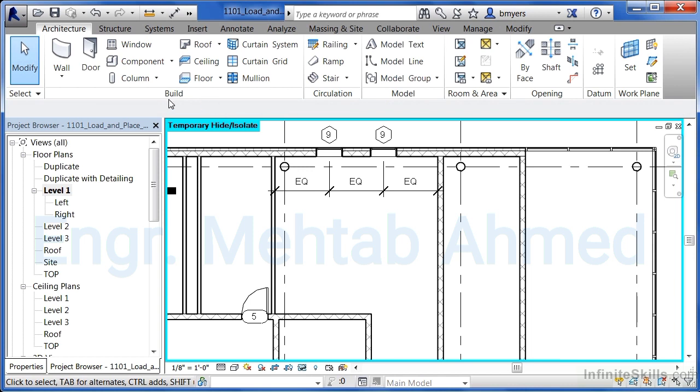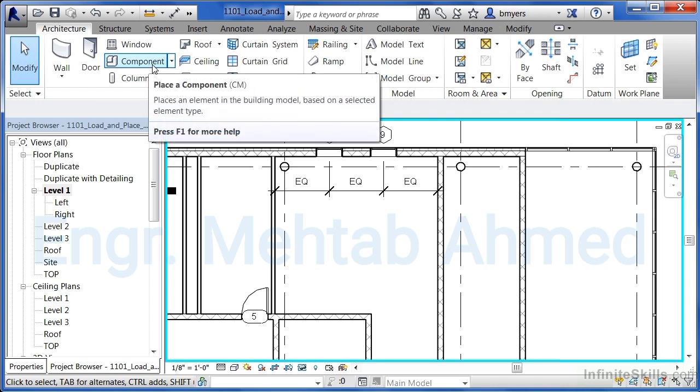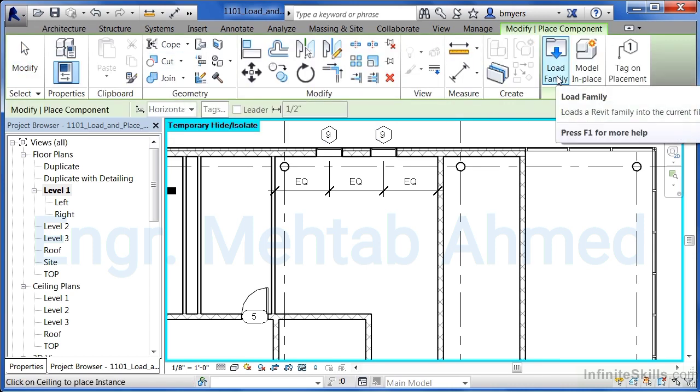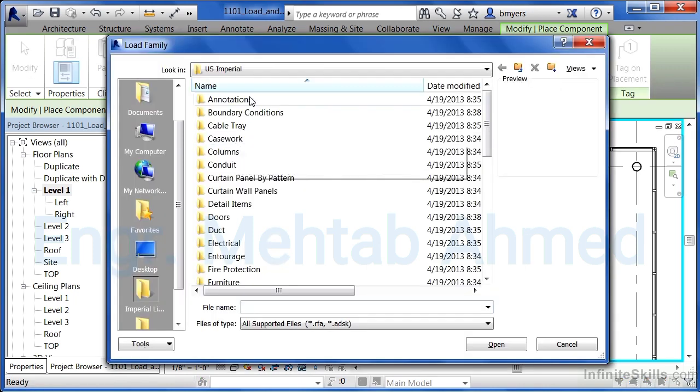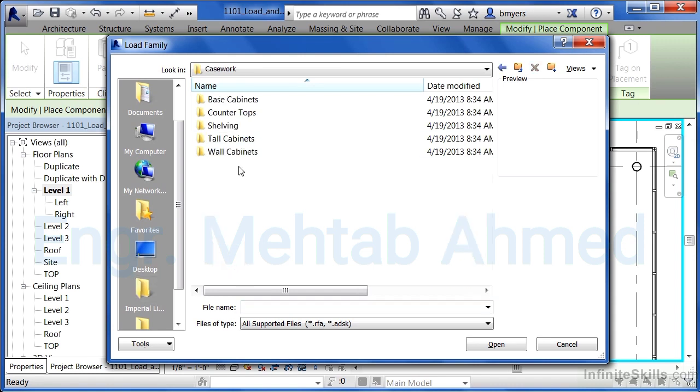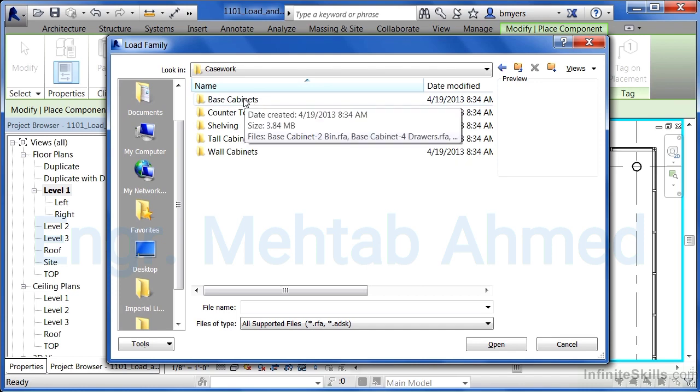there isn't any currently loaded. So come up here to the Architecture tab and select Component. Now, move over and select the Load Family button on the right-hand side of the ribbon. When you do that, you'll see a list of different folders, and we want to open up the Casework folder. From here, there are different categories, such as tall cabinets and wall cabinets. Technically, any of these could get loaded in, but what we want to do in this exercise is load in